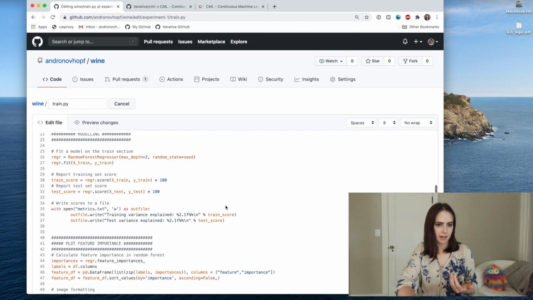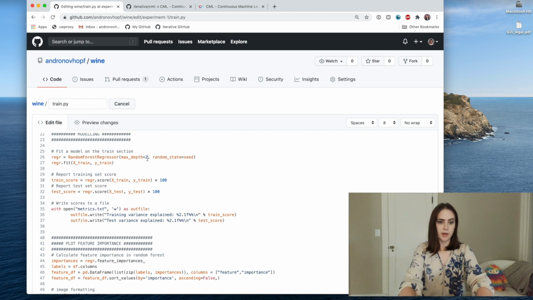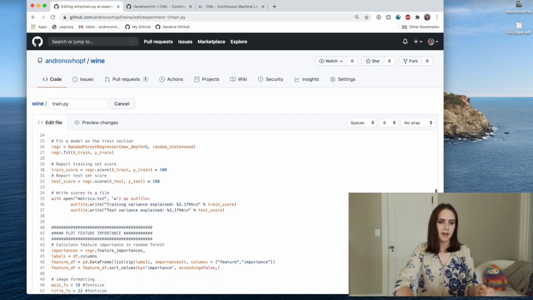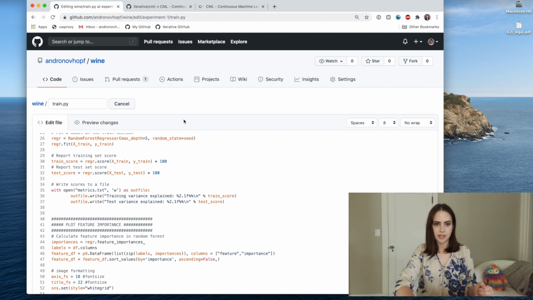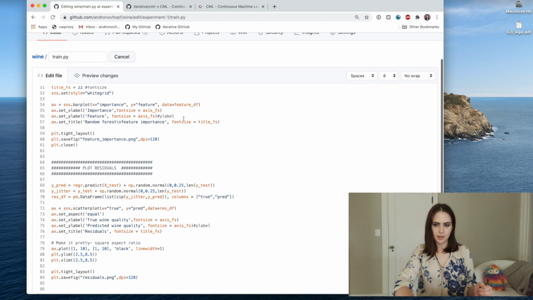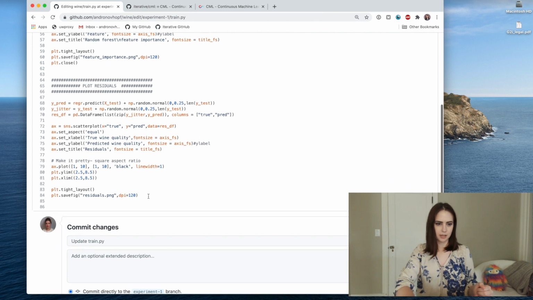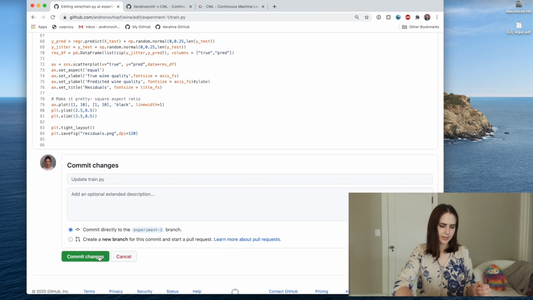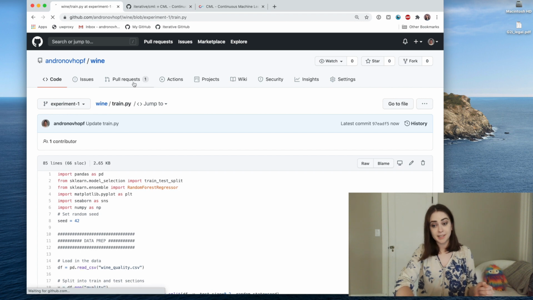And I have a hypothesis that because I've set the depth of my random forest regressor to be kind of shallow, it's not really able to learn about very many features, or it's not learning very many complex relationships. So I think that if we pick a larger depth, then we should get more interesting relationships between features, and hopefully we'll get better performance on the model. So I will commit this change and go back to the pull request,